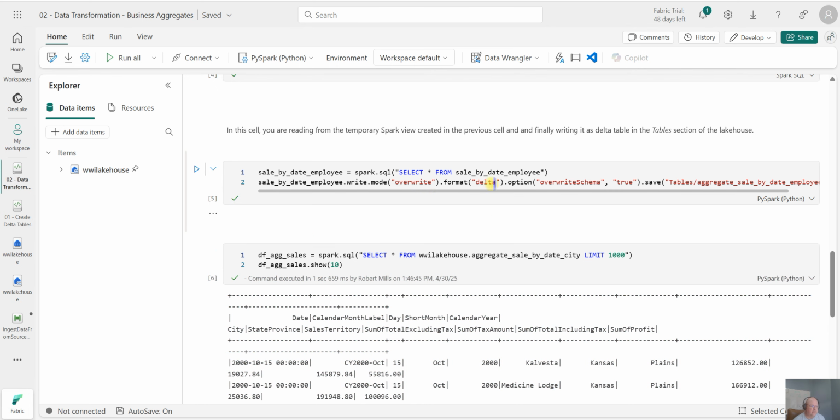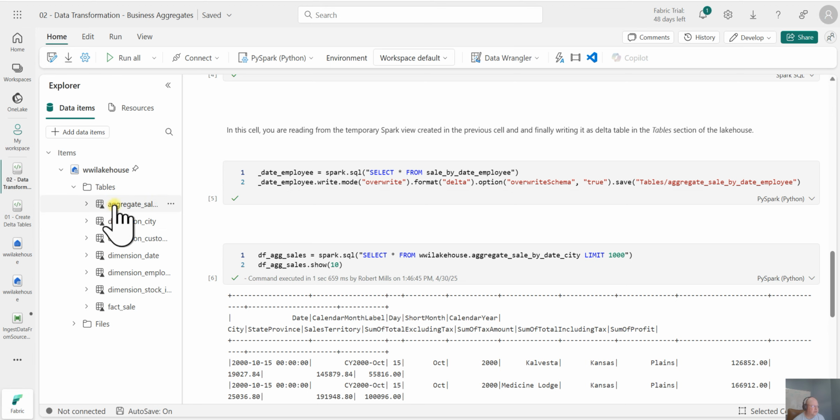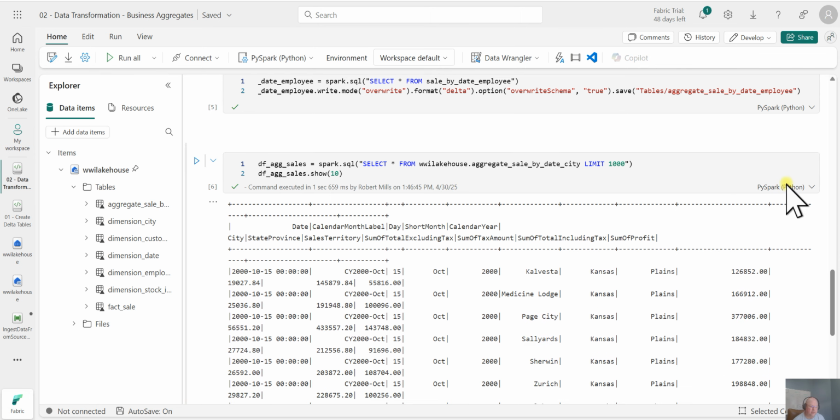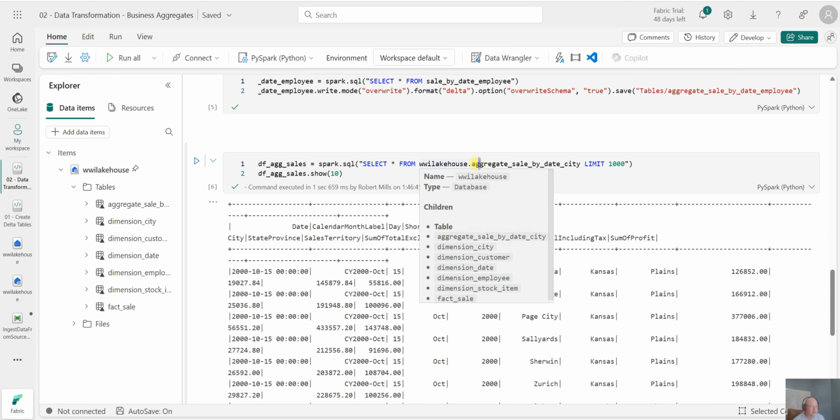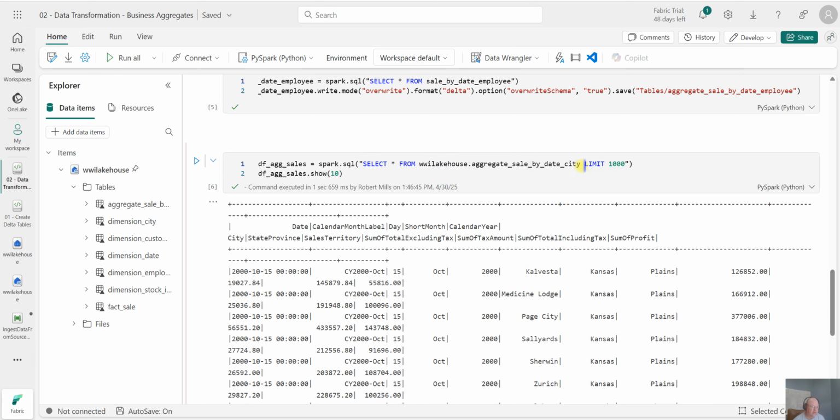And then it does an overwrite of the aggregate sale by date and employee. So if we look at that, that's this table that we have here. So what I did, in a little addition to this, is I wrote another piece of PySpark, and in it I used some Spark SQL, which looks just like normal SQL, right? Select all from worldwide importers lakehouse aggregate sales by city, and I've limited it to the top 1,000. And because I just wanted to have a quick look at the data, I did a show top 10,